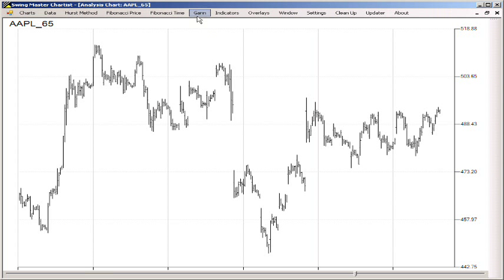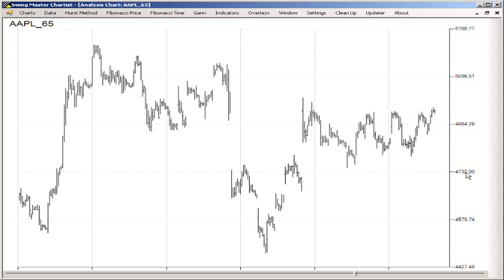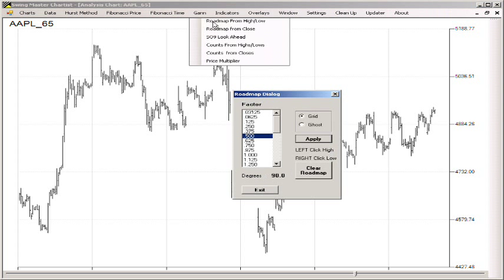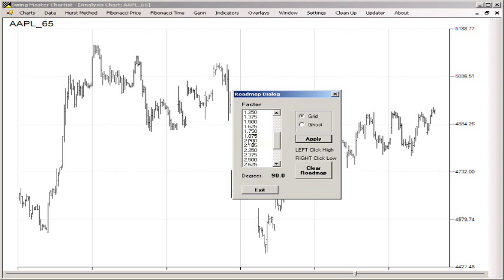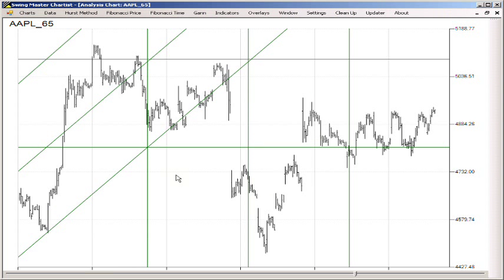We'll clear the roadmap. Let's use the price multiplier and multiply Apple prices by 10. And we can see over on the right hand side of the chart that prices are now multiplied by 10, we'll go back to the roadmap from high-low. We're going to have to use a different factor because the prices are significantly different. We'll choose 2, apply, click on the same pivot point, and we get what I think is a fairly useful roadmap channel for the